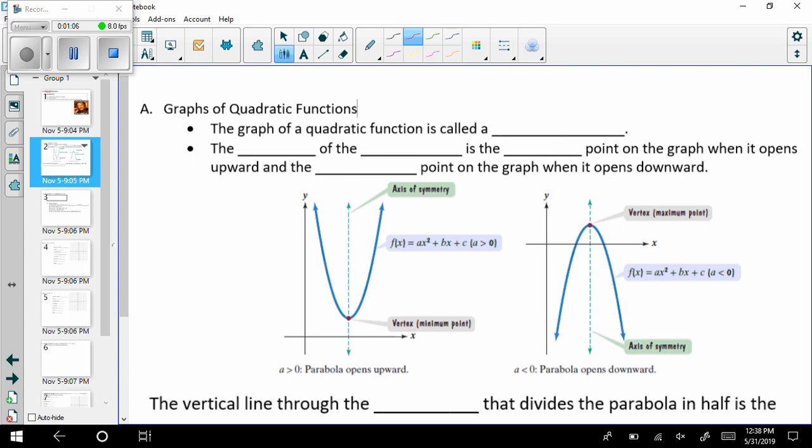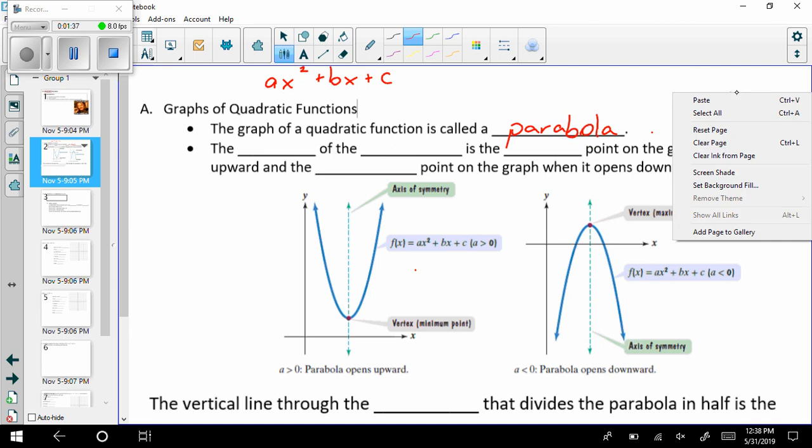So when I talk about quadratic functions, remember something is quadratic if it's in this form. So the thing that makes it quadratic, the highest exponent is a 2. When we graph quadratic functions, the shape that comes out, you can see them down here, they look like U's. That shape is called a parabola. So if you hear me use the word parabola, I am referring to